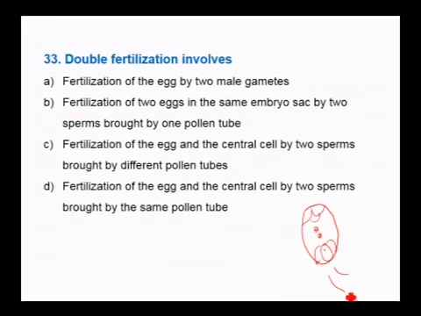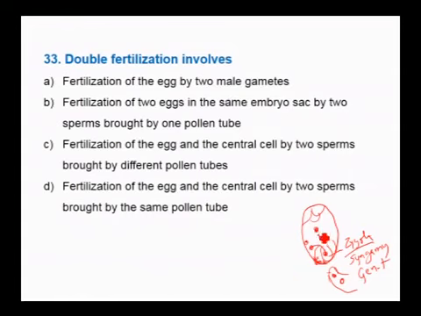The pollen tube enters into the ovule with two male gametes. Synergids have filiform apparatus which direct the entry of the pollen tube. Two male gametes are liberated here. One of the male gametes fuses with the egg cell to form the zygote, called syngamy or generative fertilization.